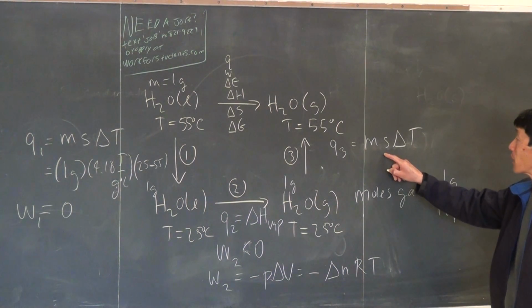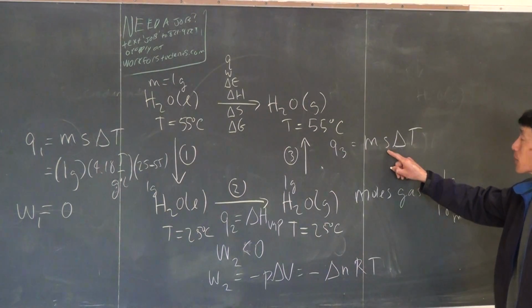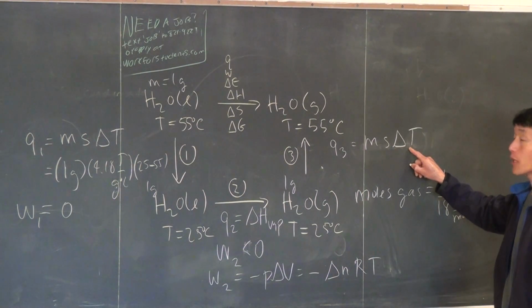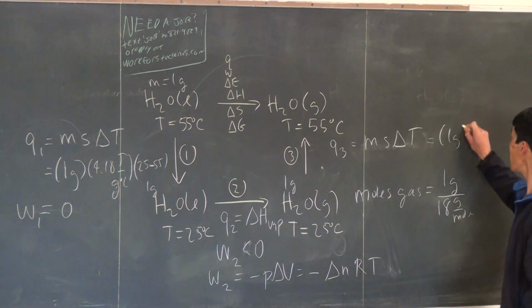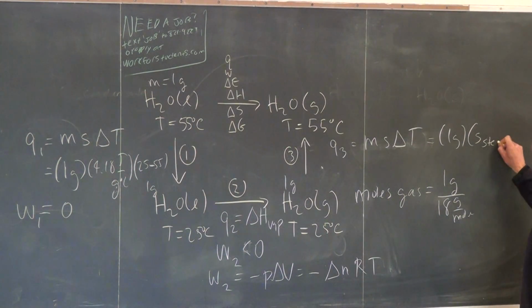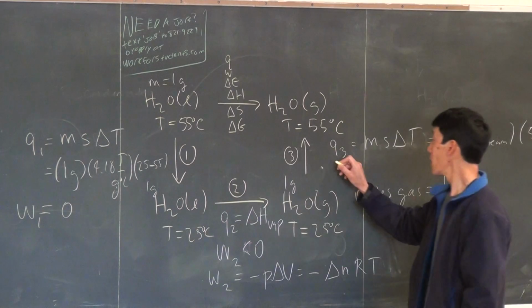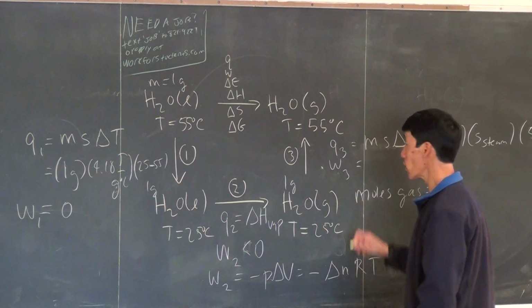Okay, so that's a little bit different, but yeah, do the same thing. We have M, look up the specific heat of steam. What's delta T going to be? Yes, this is going to be 1 gram times the specific heat of steam times 55 minus 25. And then for work, for step 3, that's going to equal